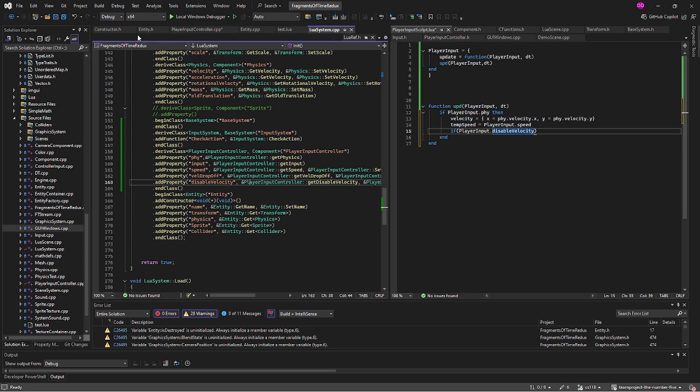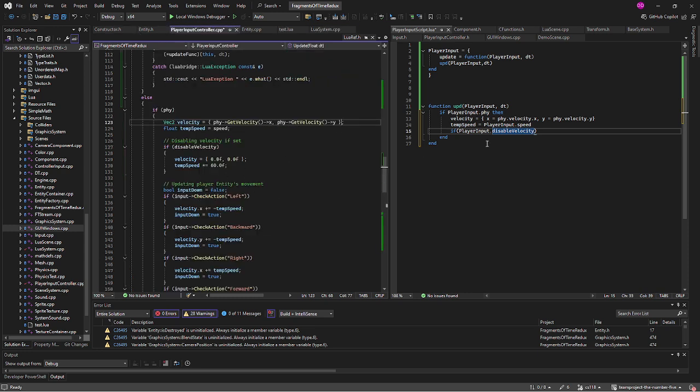So yes, that is correct. Dot disable velocity. I need to remember it's not like this, like this. All right, if PlayerInput.disable velocity,